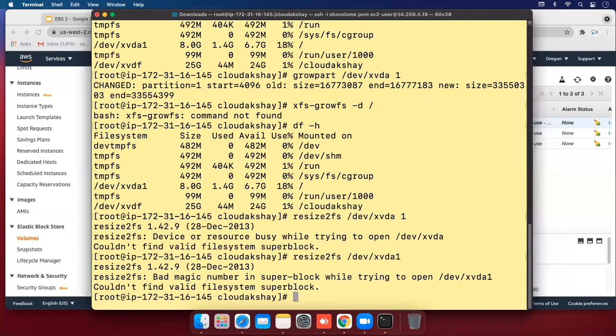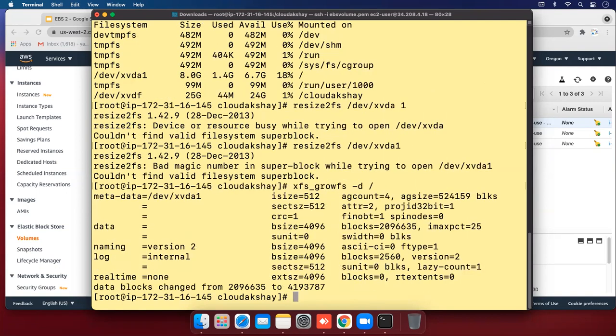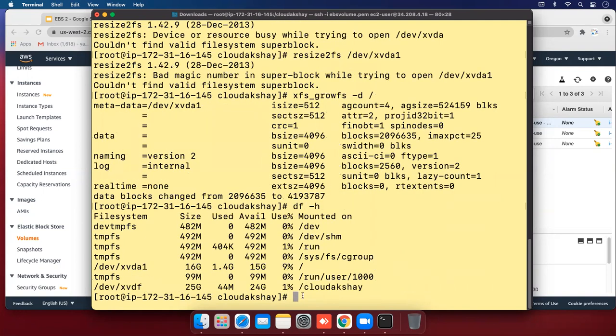So let's run the command xfs_growfs -d. Hit enter. So the block is changed, and let's run once again df -h. You can see the root volume is changed from 8 GB to 16 GB.